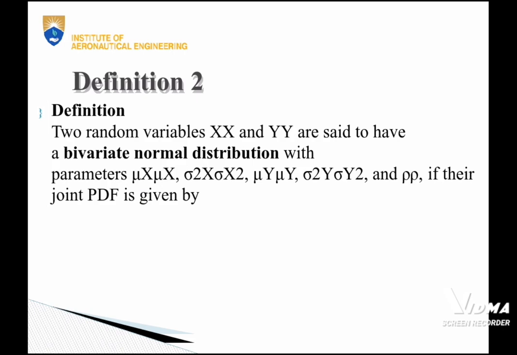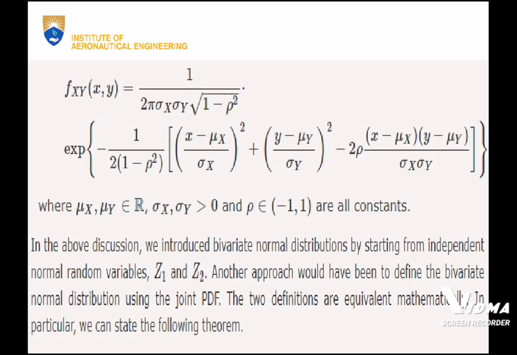if their joint PDF is given by f_XY(x, y) = 1 / (2 pi sigma_X sigma_Y root(1 - rho squared)) exp{ -1 / (2(1 - rho squared)) [ ((x - mu_X) / sigma_X)^2 + ((y - mu_Y) / sigma_Y)^2 - 2 rho (x - mu_X)(y - mu_Y) / (sigma_X sigma_Y) ] }, where mu_X and mu_Y are real, sigma_X and sigma_Y are greater than 0, and rho is between -1 and 1